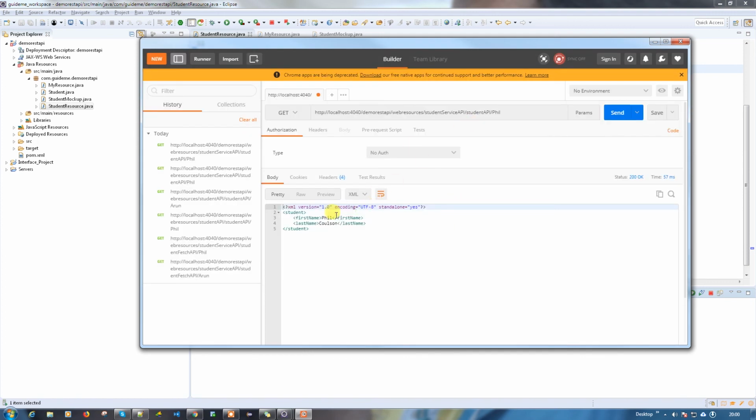When I pass Phil, I got the information about Phil. Let me pass another parameter. See, I'm getting a different student. This is how you need to pass a parameter using PathParam. Like PathParam, we have different kinds of params. We will see them in the upcoming videos. Please try it yourself and let me know if you have